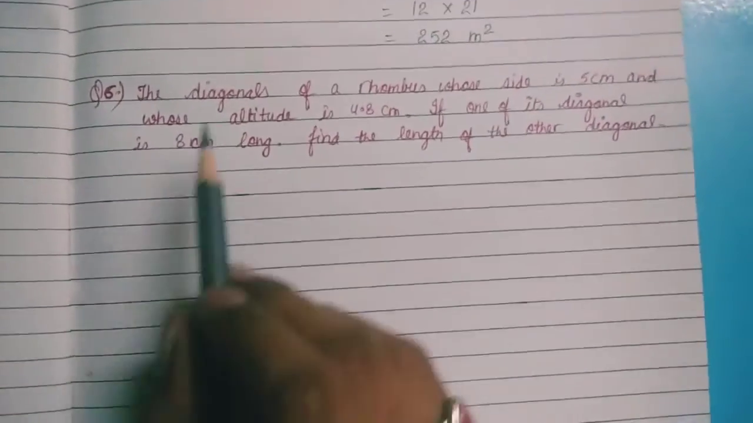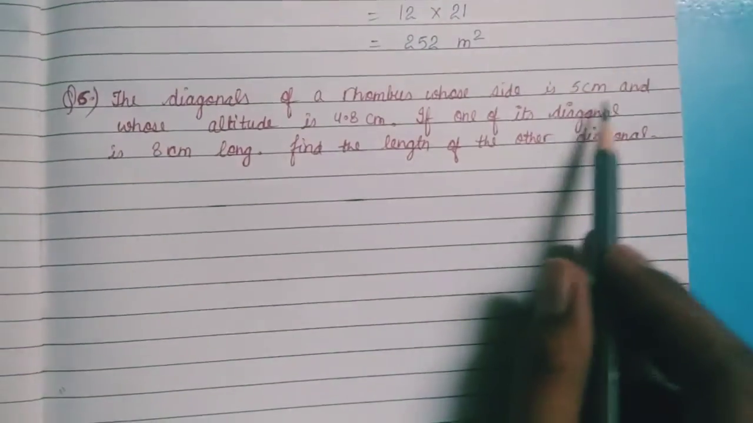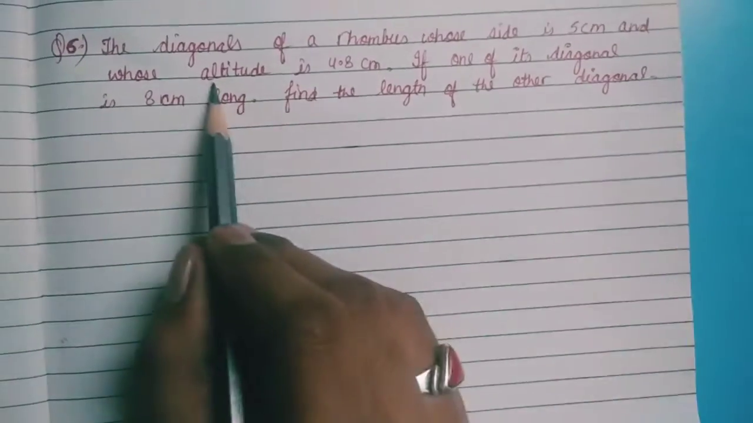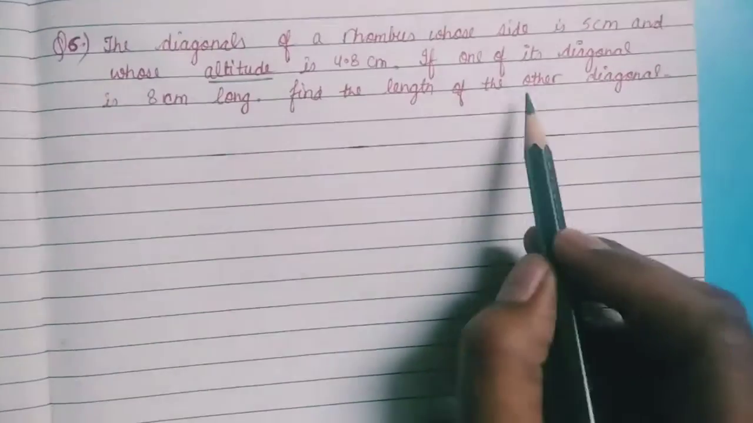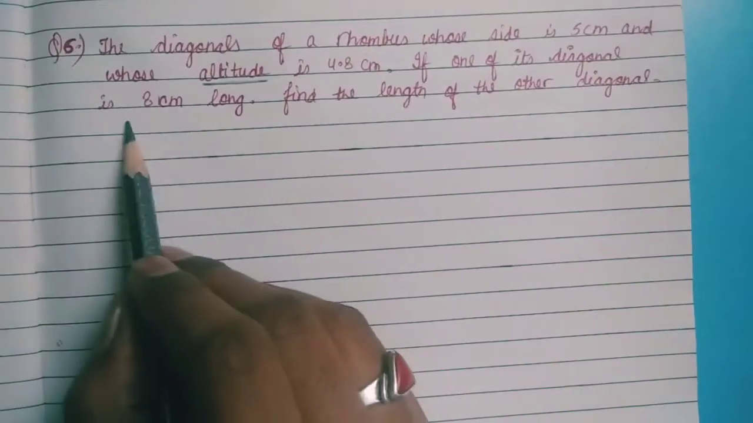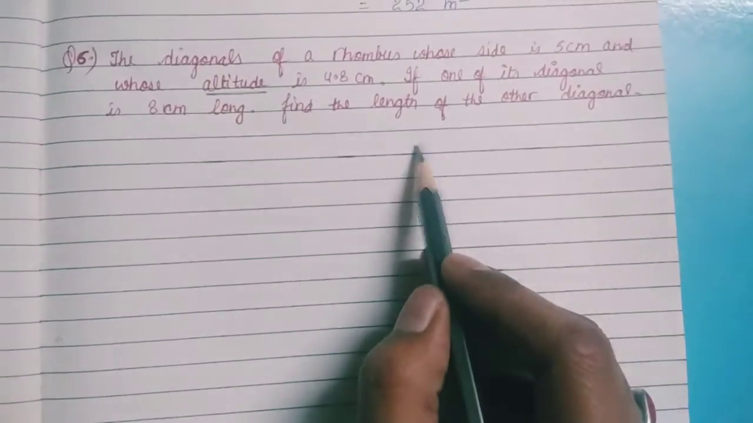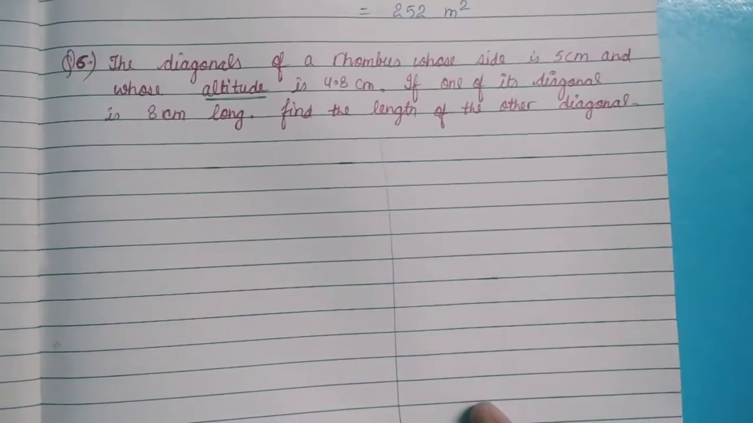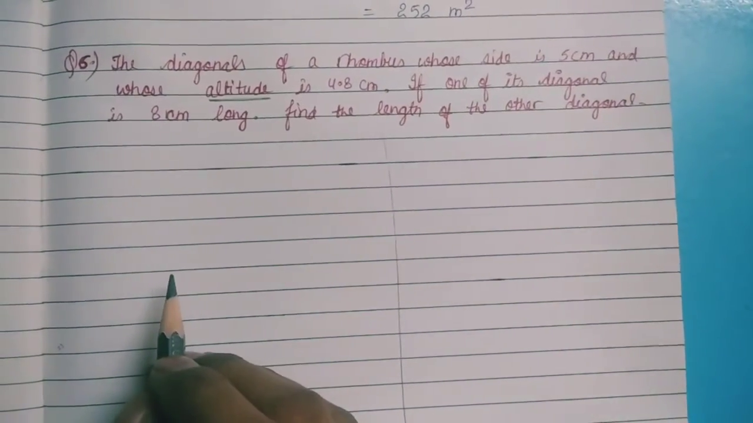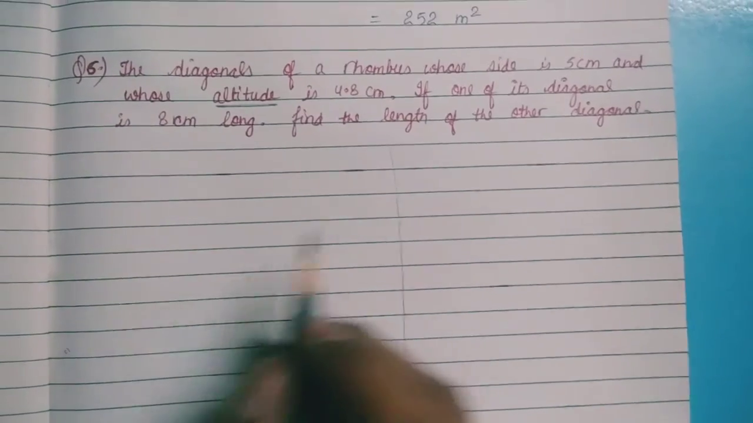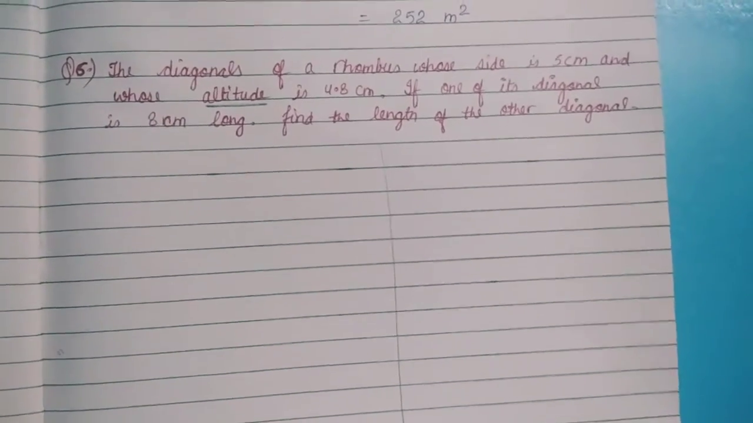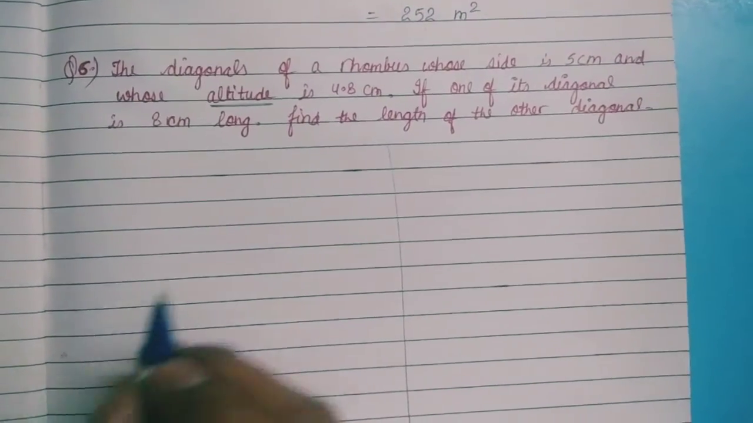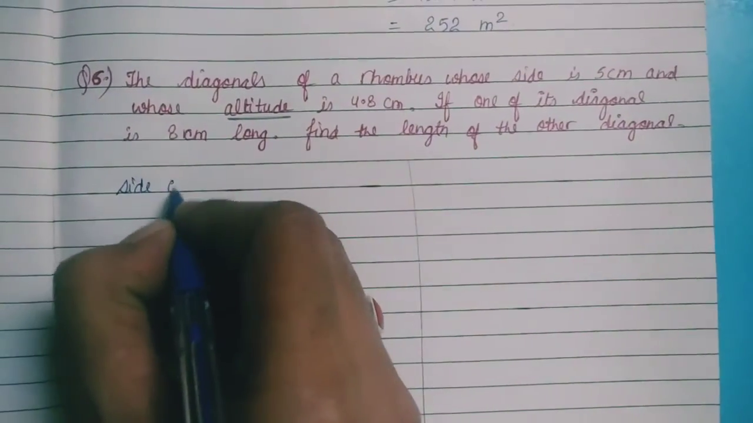Question number 6 is: the diagonals of a rhombus whose side is 5 centimeter and whose altitude is 4.8 centimeter. Altitude means height. If one of its diagonals is 8 centimeter long, find the length of the other diagonal. So this question we will solve in two parts. We know a rhombus is an example of a parallelogram. So here we know the side becomes the base. So side or base